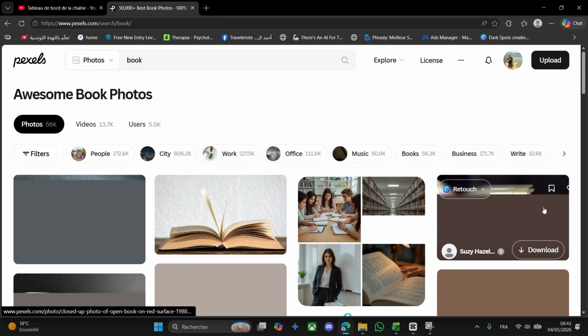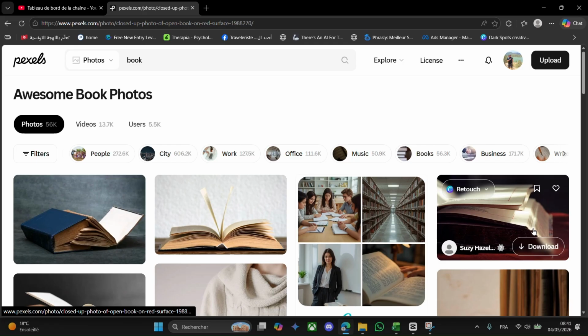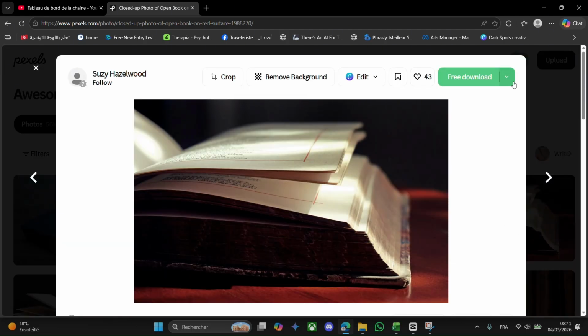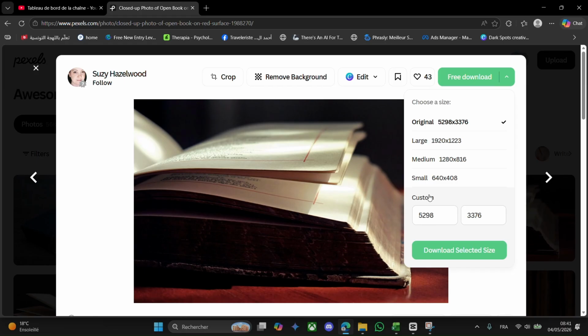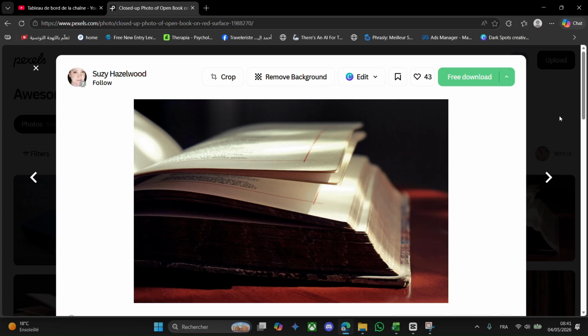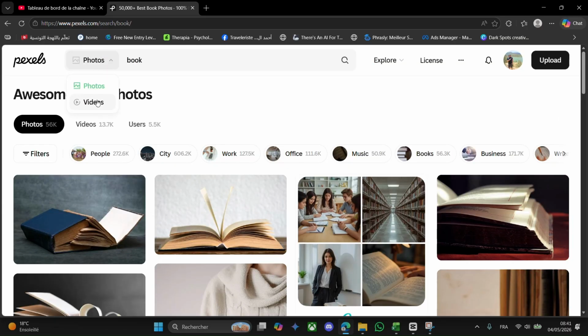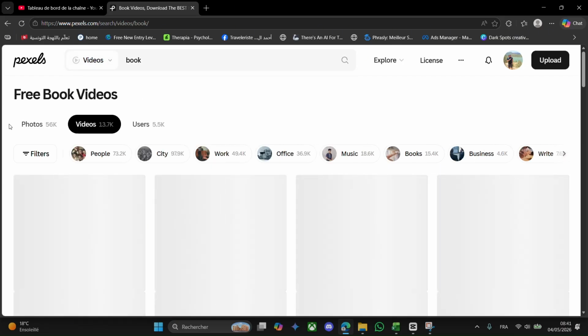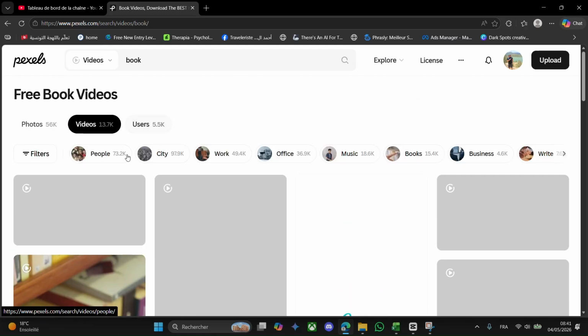For example, you can click on the photo and hit download to download your photo freely here. So you can select custom size and original or large size, small, medium or custom. You can also do this for videos, so it's the same. Type in for example book for videos and you'll find free stock videos for the book